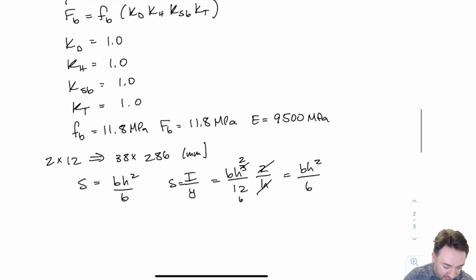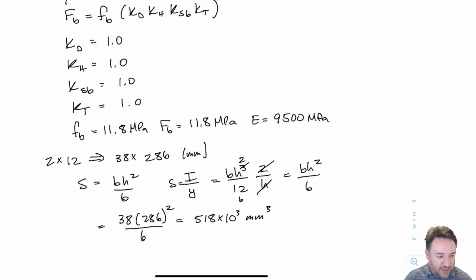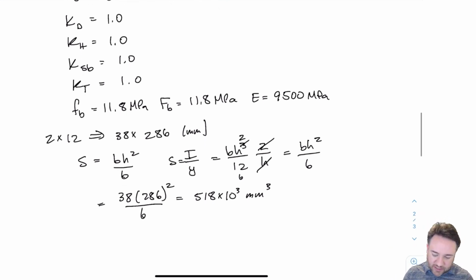Okay, so if I do that, I get 518 times 10 to the 3 millimeters cubed, which, if you recall, is the same number that they provided in the table in the design manual, table 11.5, I think it was, in the reference section of the design manual. Okay, then we need to find our KZB,